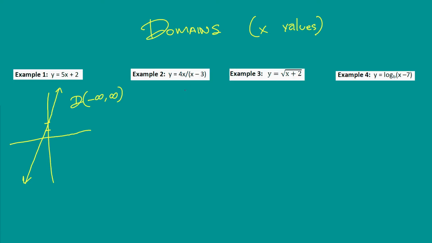So the next one, let's go to y equals 4x divided by x minus 3. Now, you are not allowed to divide by 0, ever. That's just one of the big no-nos. You can't do that in math. So if you're not allowed to divide by 0, that means that this value down here cannot equal 0. That means x cannot equal 3, because if x equals 3, 3 minus 3 would be 0, and you'd be dividing by 0. So what's going to happen is that there will be an asymptote here,